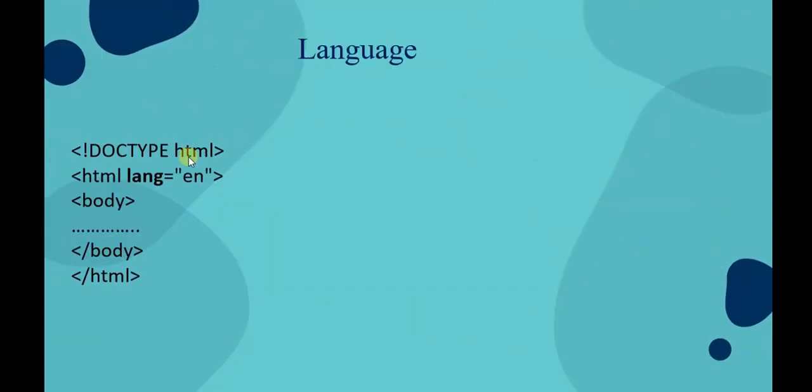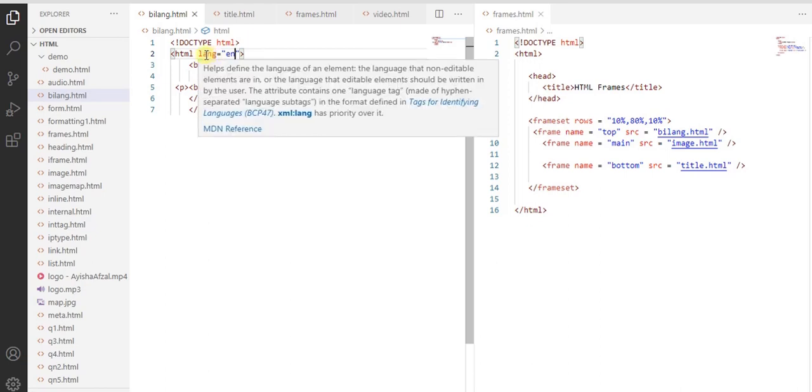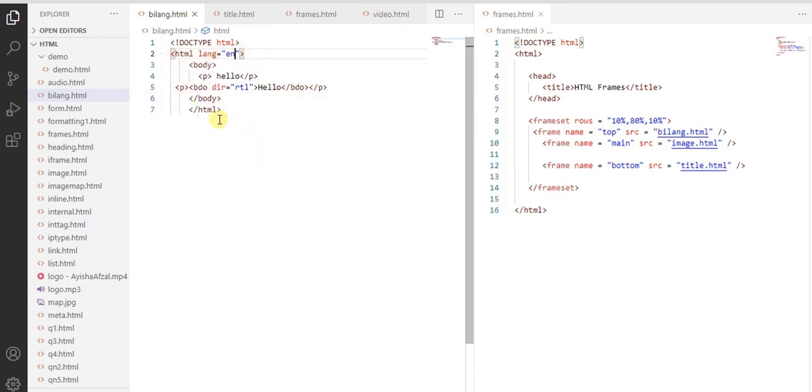Next one, language. If we want to declare our web page's language, we can simply use the attribute called lang. The HTML document is the main element for our web page. So inside our HTML element we add the lang attribute. You can represent your language. En means English language. Likewise Tamil, Telugu or Hindi, anything you can represent it here. You can find the code on the internet according to your language. It doesn't make any change in your web page visually, but in the backend it has a description that our web page is in the English language only.